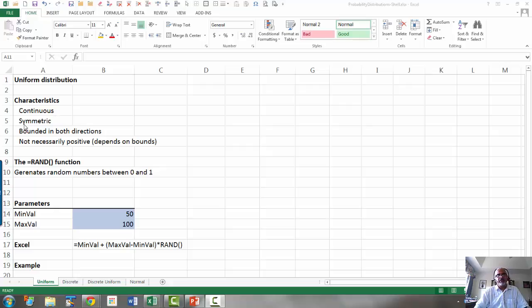That distribution is symmetric and it is bounded on both sides. There is a minimum value and a maximum value. And it need not necessarily be all positives, because if the minimum bound is a negative value, it could very well take negative values. Now Excel has a function called RAND, and this RAND function generates random numbers uniformly between 0 and 1,